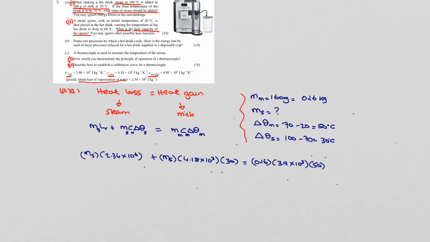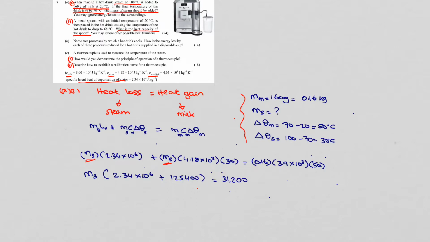So again, I can see mass of the steam here is common on the left, and that's what I'm trying to find. So I'm going to take that out as being common. And then what am I left with? Well, I'm left with 2.34 by 10 to the power 6 plus 4.18 by 10 to the power 3 times 30, which is 125,400. And then that equals, on the right hand side, if we multiply it out,